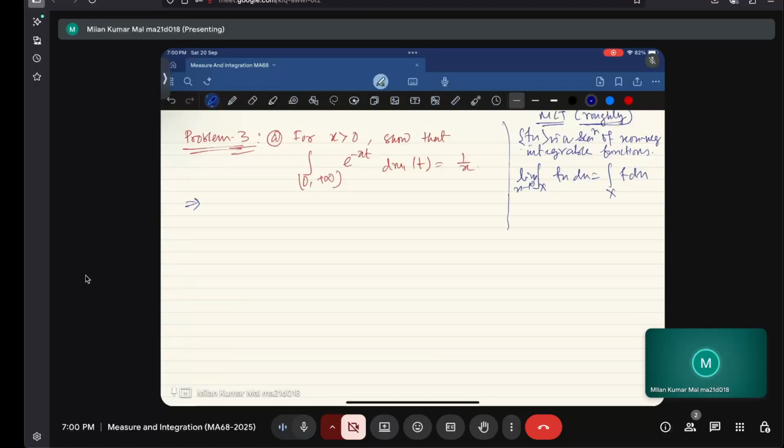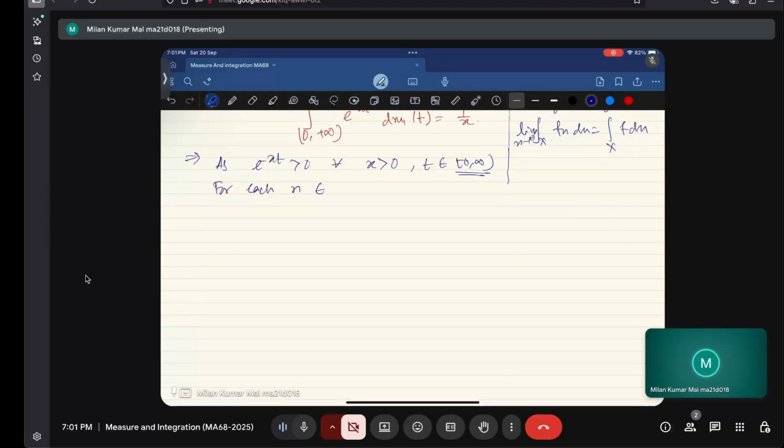As the function has e to the power minus xt greater than 0 for all x greater than 0, in fact even x less than 0 still doesn't get a problem. So for any x greater than 0, for all x greater than 0 and t belongs to the closed interval 0 to infinity. So then what we can say, the characteristics function